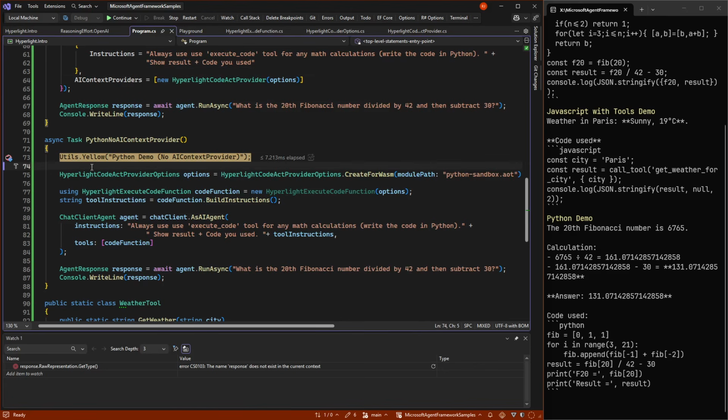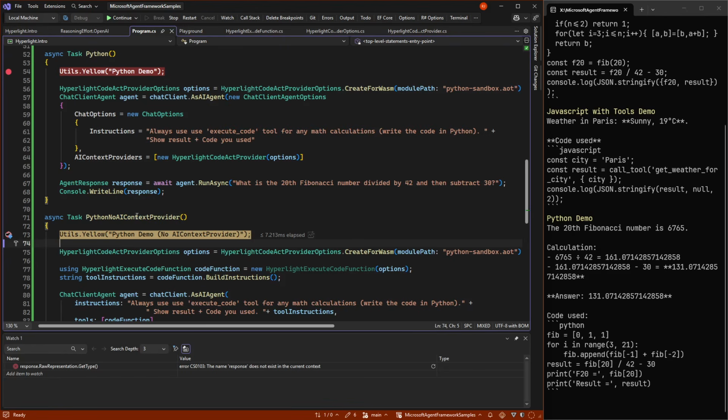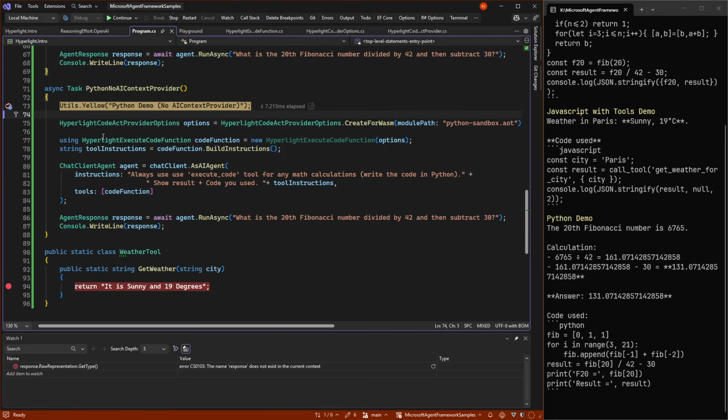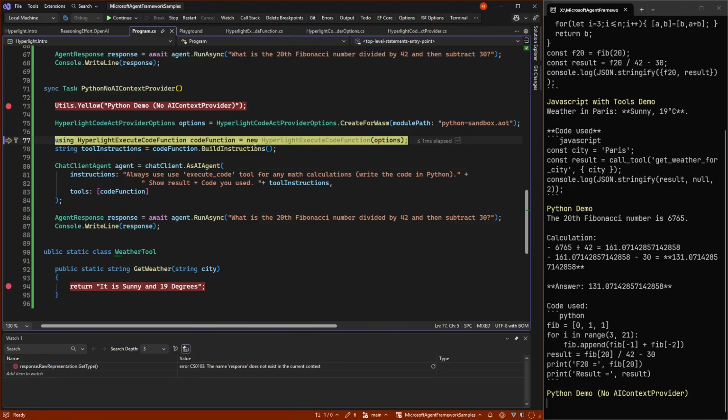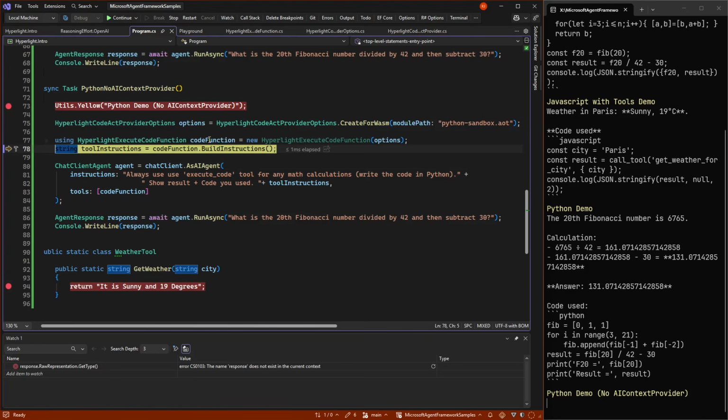And then, if we don't want to have these AI context providers, we can actually just get the raw tool and the raw code. So we do that by just making the same sandbox here, but then we can say Hyperlight execute code function with those options. And what that produces is actually a tool.